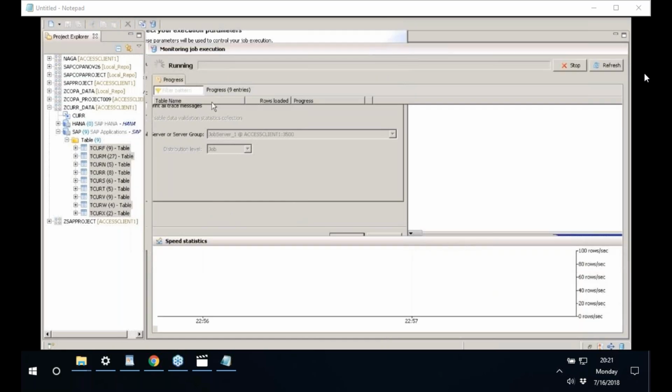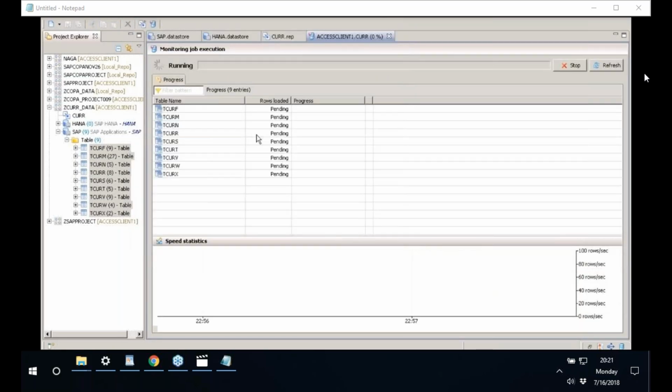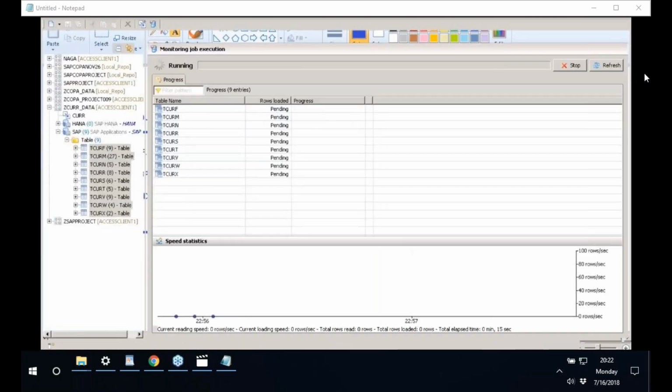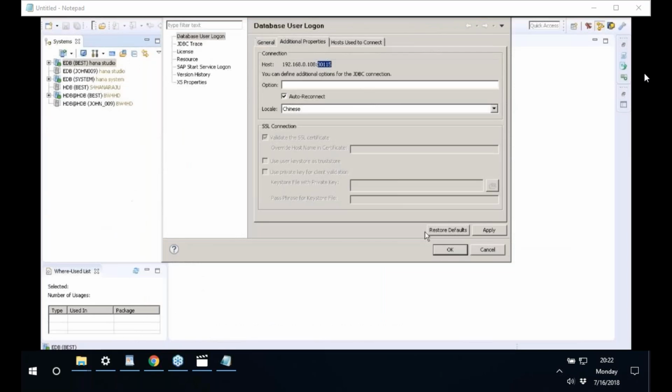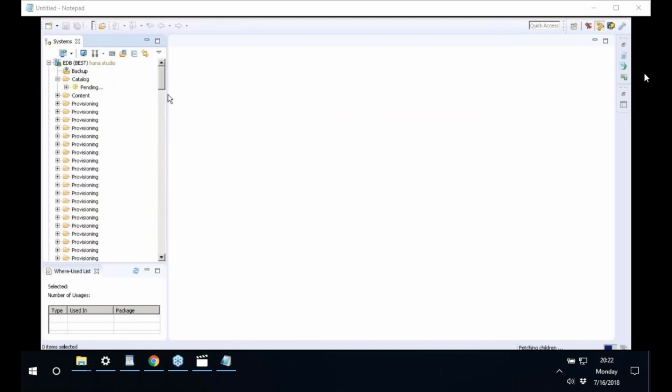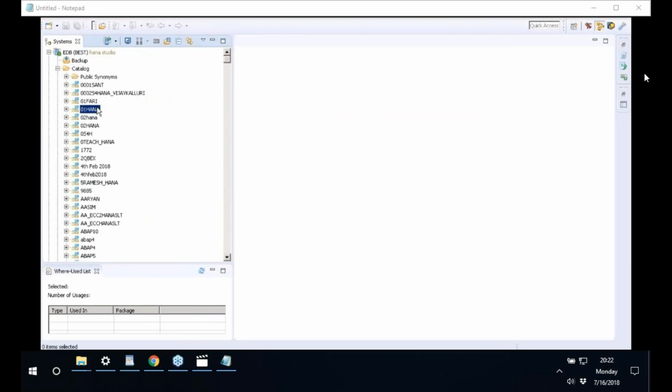Now once we transfer these tables, until now what have we done? Until now, I transferred the tables from the SAP system to the SAP HANA system. Now once this is done, I'll go back to the HANA Studio, expand the system, expand the catalog. Let us go to the BEST schema,